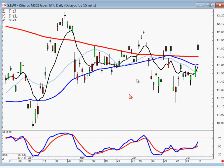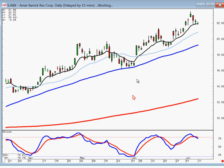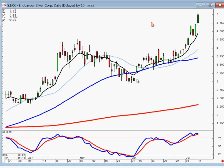Let's see, this Barrick, one of the gold stocks, needs to open positive to stay in it. If it opens lower, take your profits. You can always buy it back if it comes up above the T-line. EXK, we're watching to see if they open this up too strong tomorrow. Ocular,